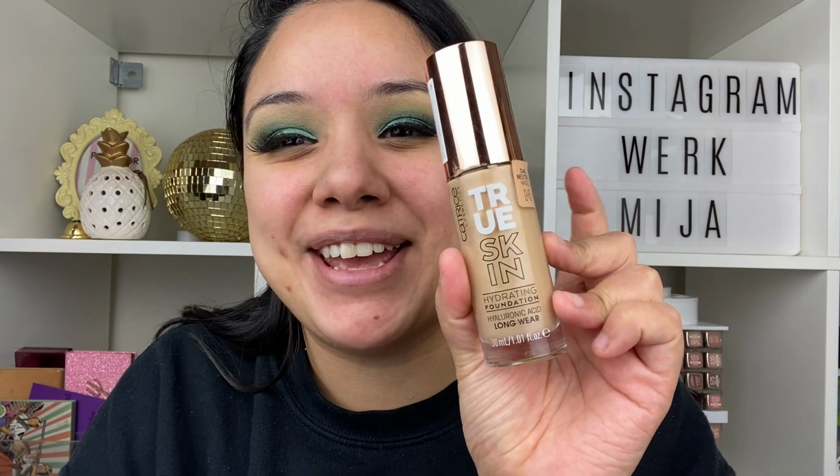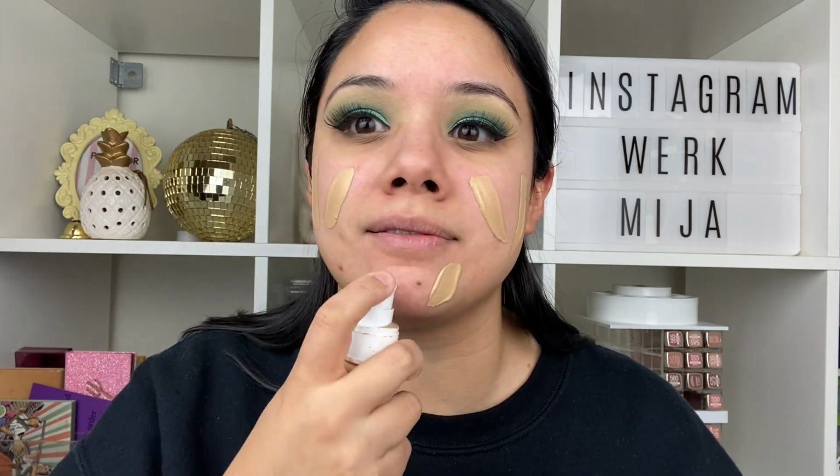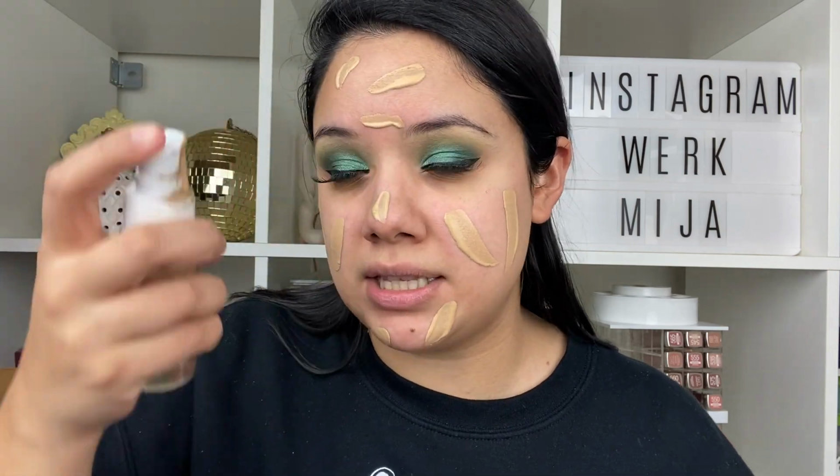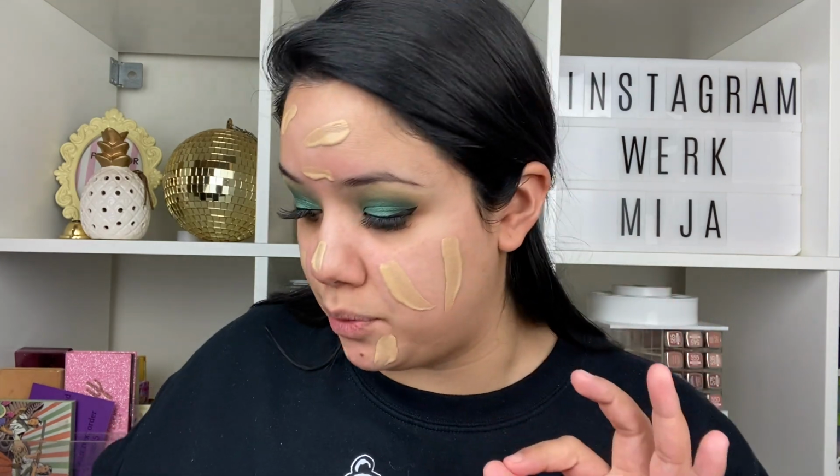Next, I'm going to go in with my Catrice True Skin Hydrating Foundation. As I mentioned, this has definitely been a favorite of mine lately. And even more so now that I really got my skin hydrated. Because for a minute, I love that Good Molecules priming moisturizer, but for the winter, I needed that BRUJITA skincare